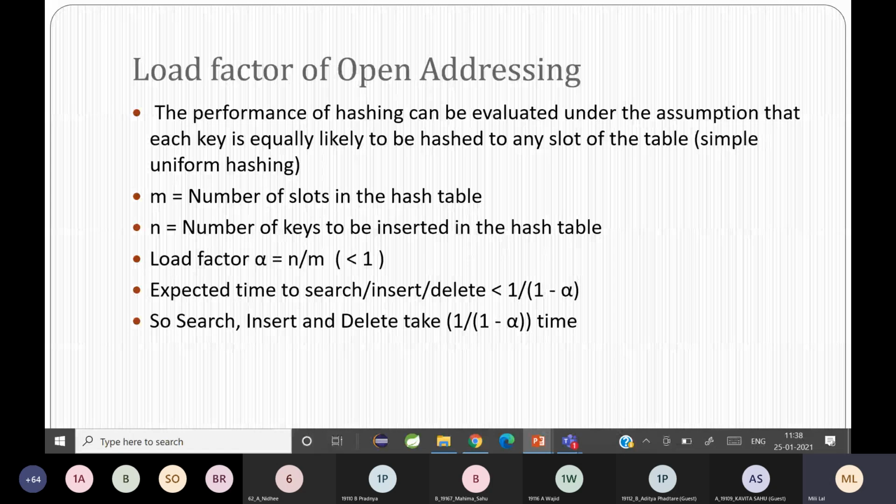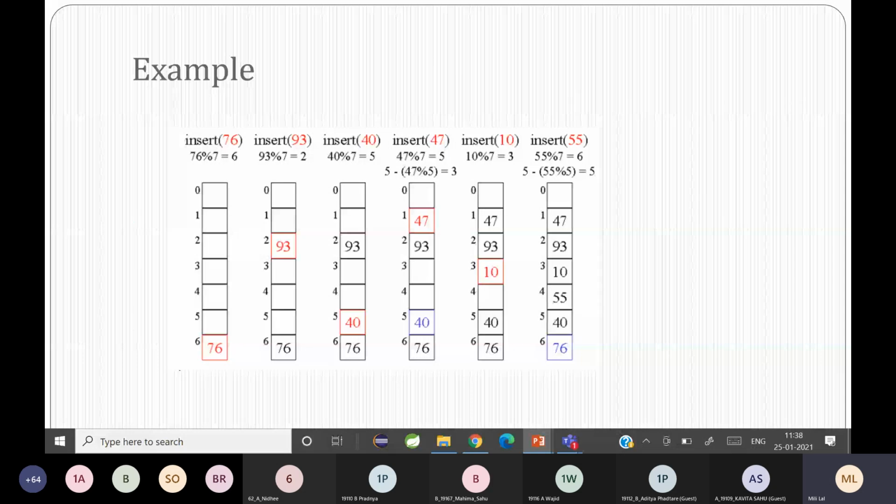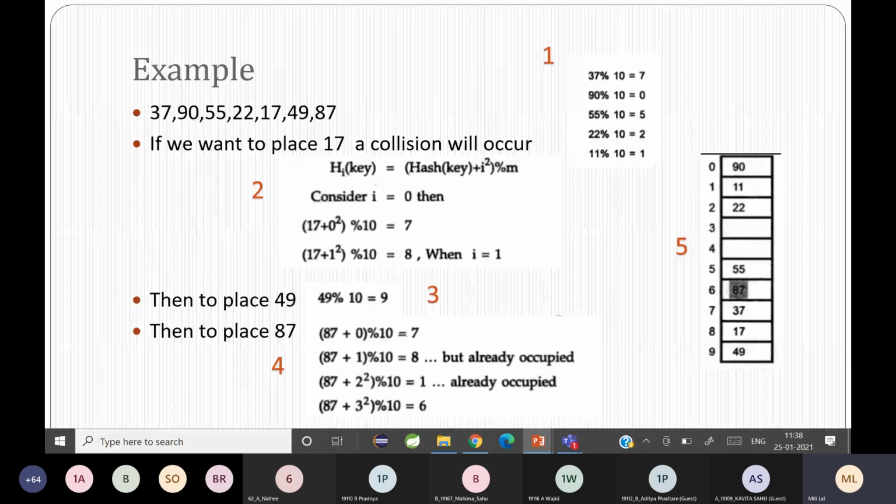And in double hashing, what we did is whenever a collision occurred, we had to recalculate a hash function using the nearest prime number depending on the size of the table. So m minus key mod m is a prime number smaller than the size of the table that is being selected, and that gives you the number of steps from the actual index. So that was double hashing.